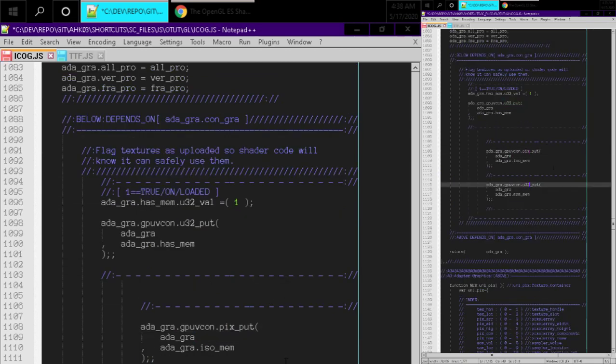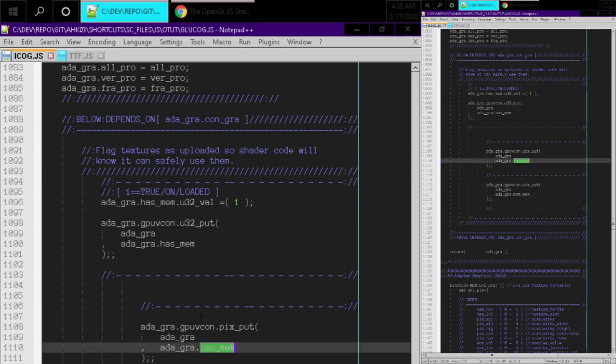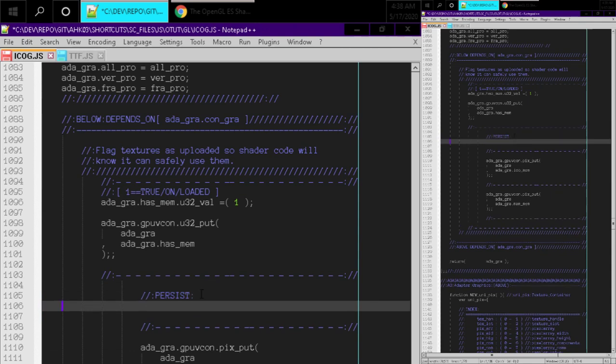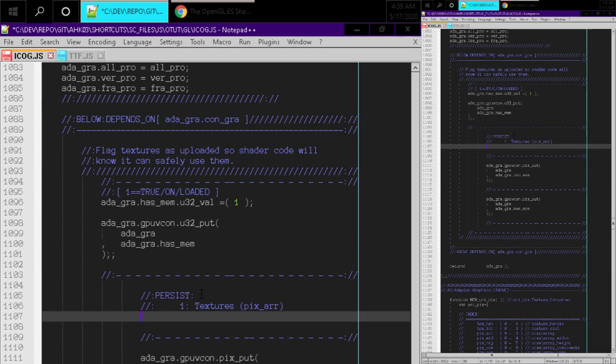Pixput and pixput. And we'll say persist 1 textures and 2 texture samplers, and those are